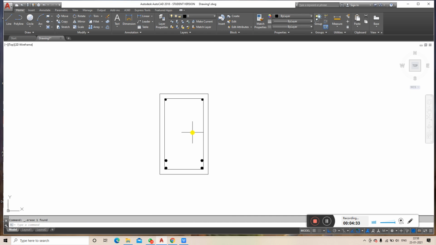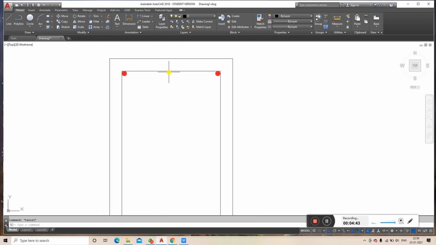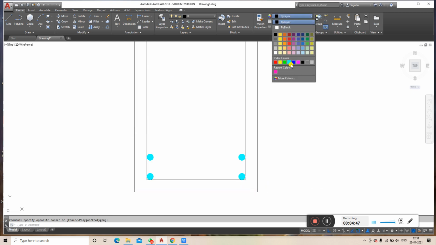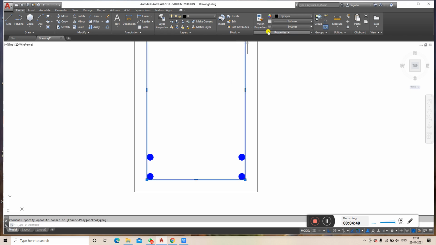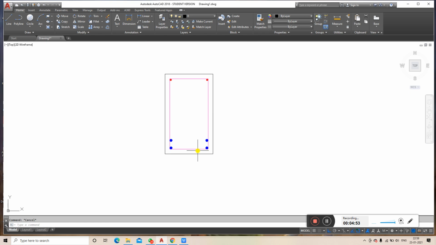Now this is all about the cross section of the beam, the simply supported beam. The top bars I'll give red color, the bottom bars blue, and whatever stirrups are there, I'll go for pink. This is all about the detailing of the beam.